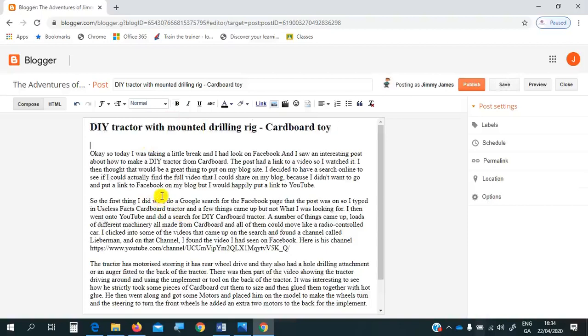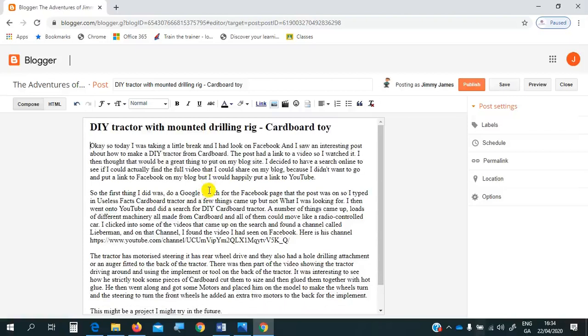Now, at any time, we can take a look at the post. So right now, we'll have a little look at the post to see what it looks like. The post is going to be very raw here, and there's not going to be any images or any videos linked to it. So we'll pop over to preview. Now, if you notice just a second ago, the save button flashed. This is because it's connected online, it saves your blog post every now and again. So we go to preview,